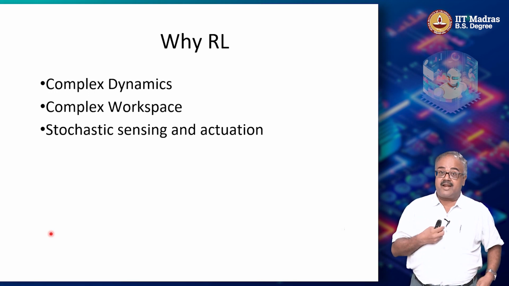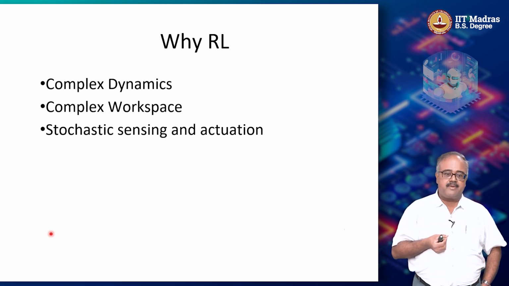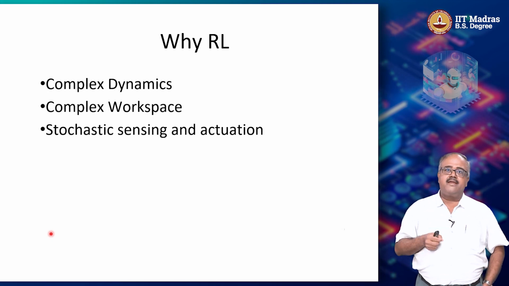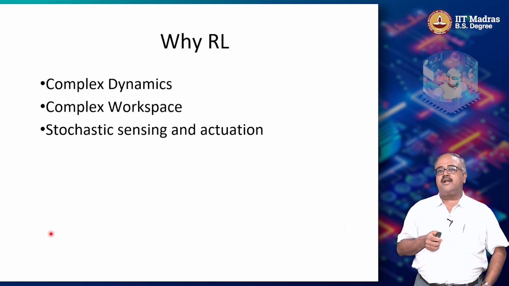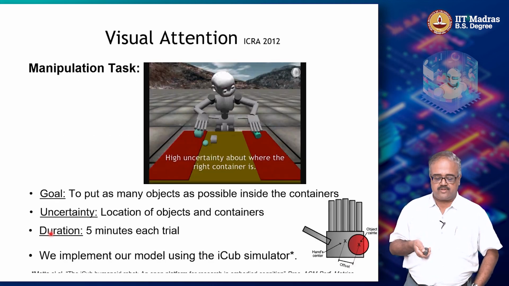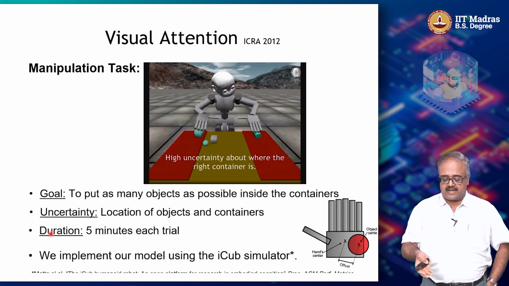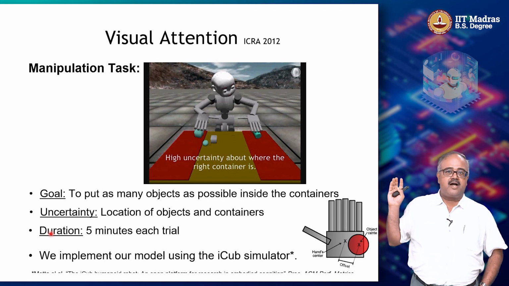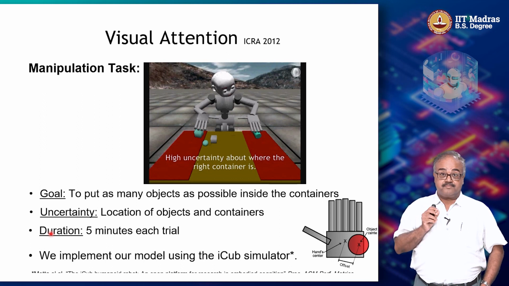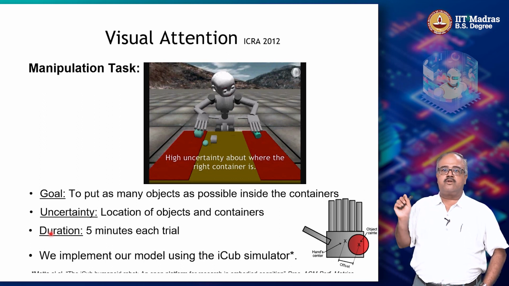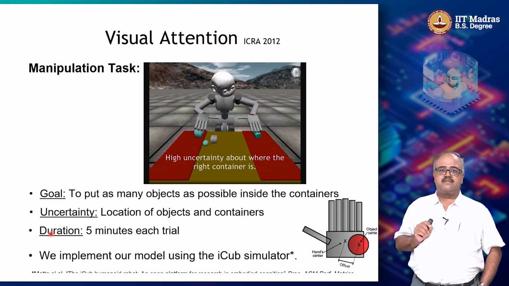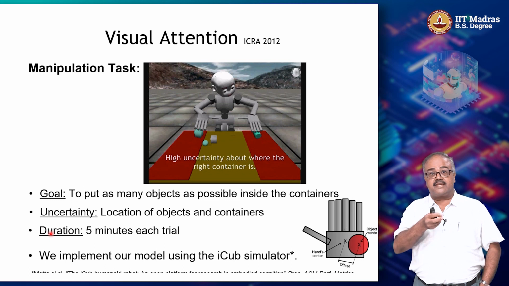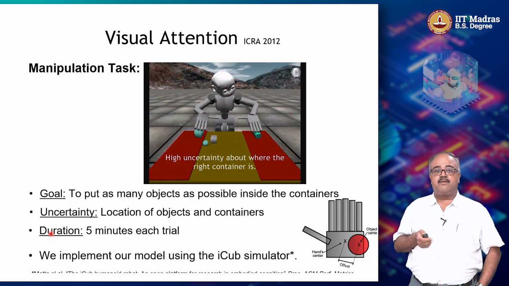So likewise, when I'm trying to look at something and make sense of exactly where the object is in the space, I might be off by a couple of centimeters in terms of where I'm localizing the object. So here is an example. There is a simple robot here, which is trying to manipulate objects. There are two different bins shown in red, and the robot is trying to put the objects there. Typically, it has some amount of uncertainty before it actually looks at things. It doesn't know where they are on the table and so on.